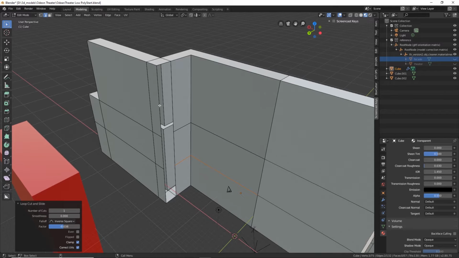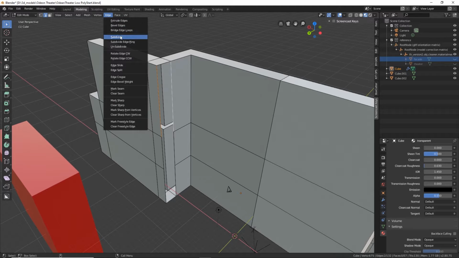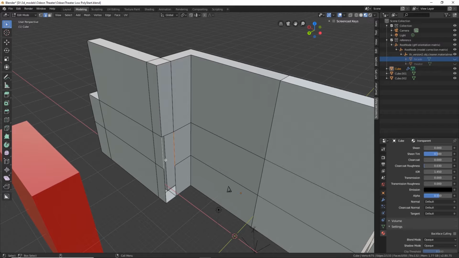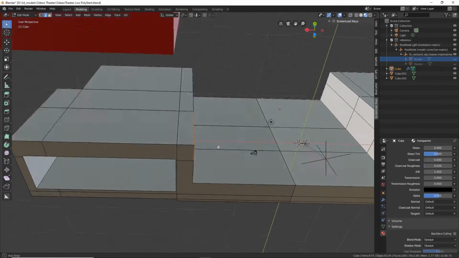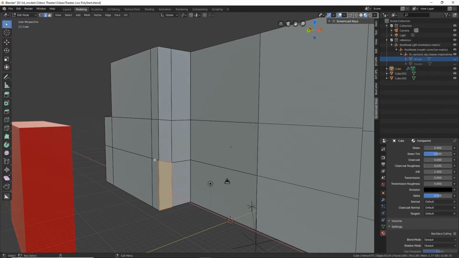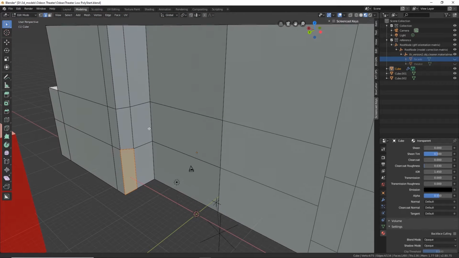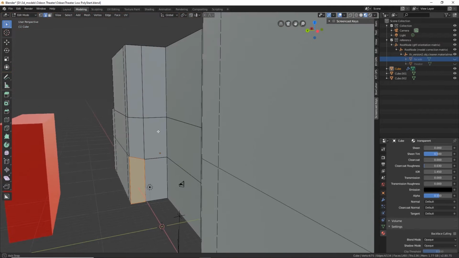So if we select this edge and this edge, bridge edge loop, G. That way we make sure we've got the same topology and we're not creating any artificial places where an edge can't really match. You could fill the hole and then close the lines that way too, but